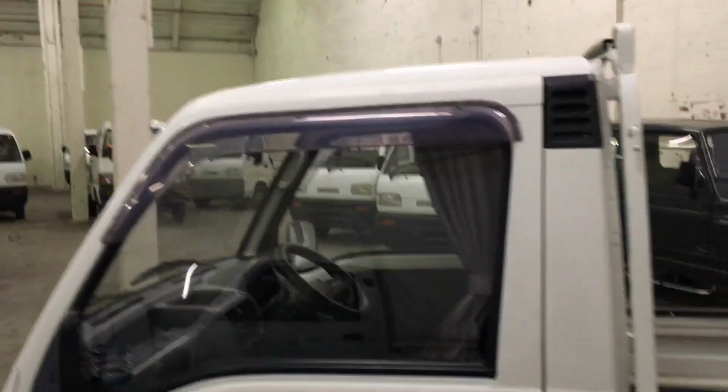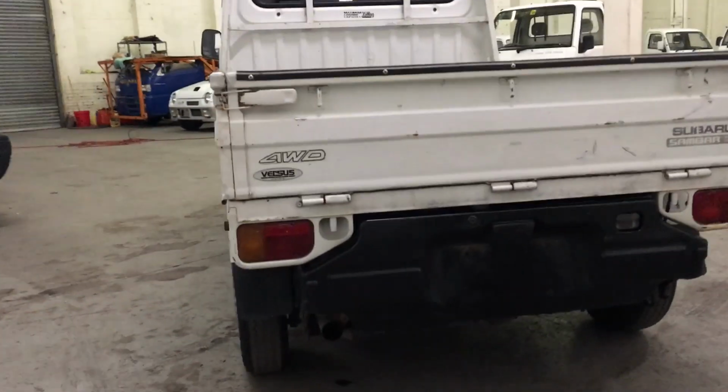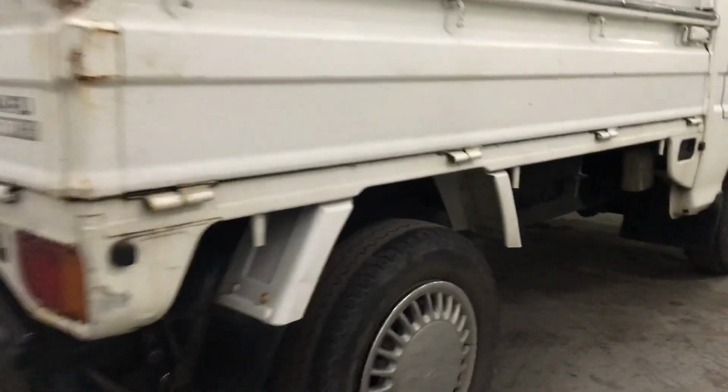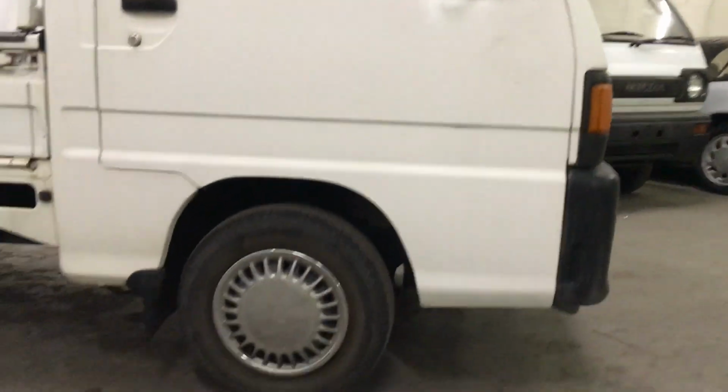Glass is all good. There's a little scratch here on the door. No rust underneath. Some dings and scratches. This latch is missing here, which is inside the glove box, and absolutely no rust underneath. Clean panels, clean body parts, doors,